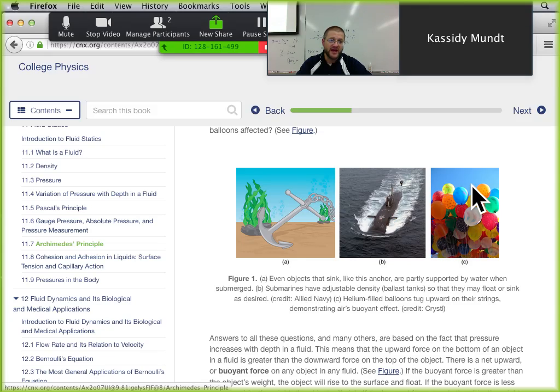And then we have the balloons, right? If you fill a balloon with helium and you displace that amount of air that is the volume of the balloon and replace it with helium, which has a much lower density, then the buoyant force that the balloon will feel will be greater than the weight of the balloon, because the weight of the air that it displaced is greater than the weight of the balloon. Therefore, you get a balloon that floats when you put helium or hydrogen in it.